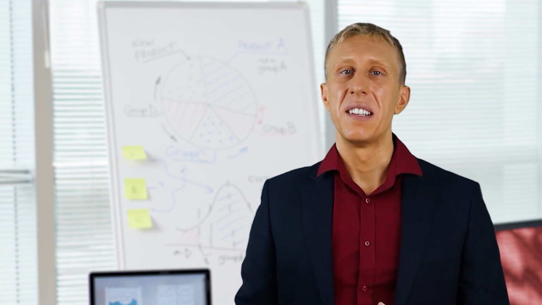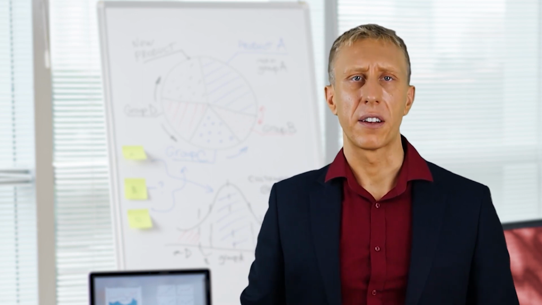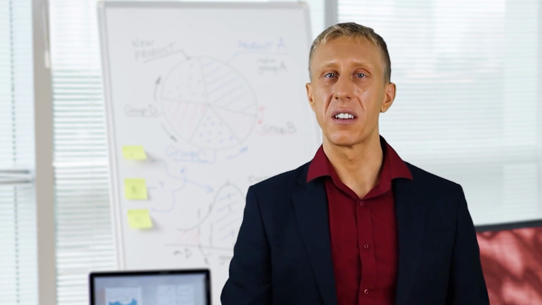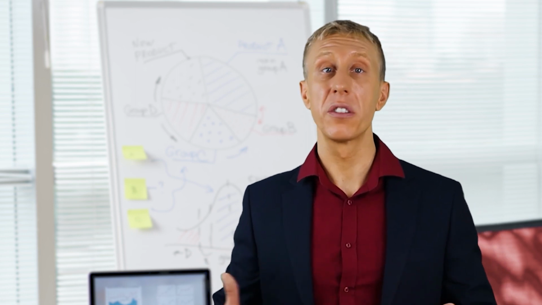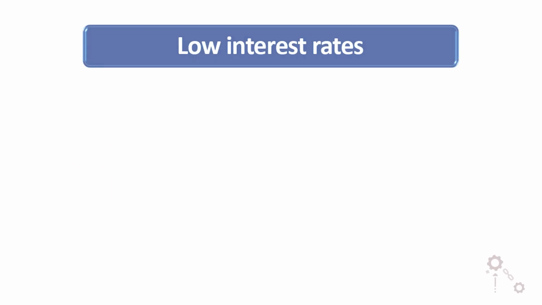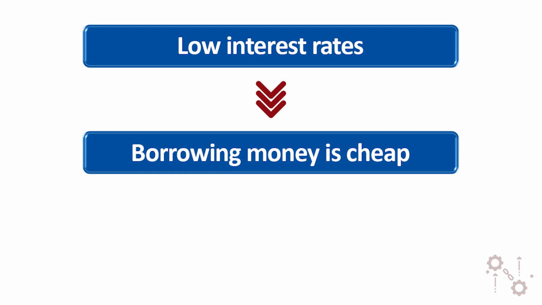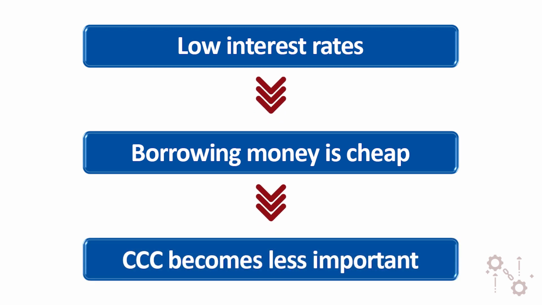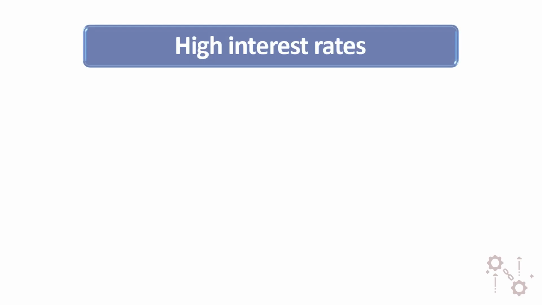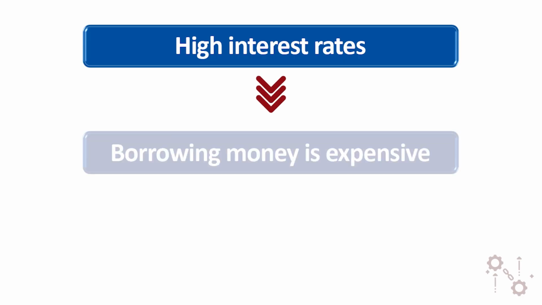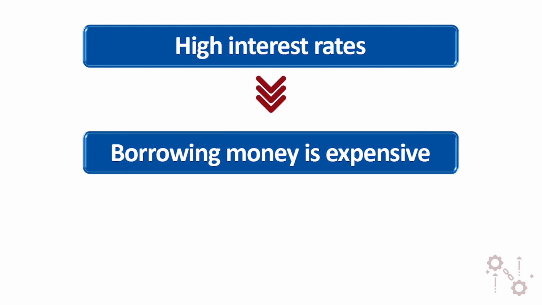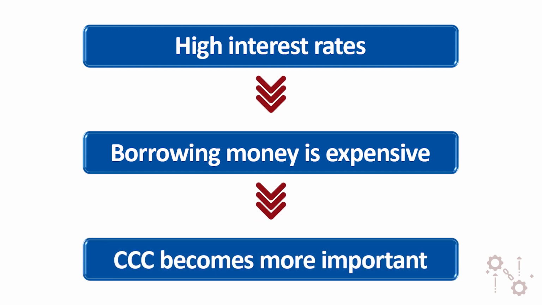The industry a business is in is far from the only benchmark factor. Typical cash conversion cycles might vary depending on your nation's economy. During periods of low interest rates, debt is comparatively cheap, and so the cash conversion cycle will not be as important, and companies are happier to allow it to increase. As a nation's interest rate increases, it becomes more expensive for a company to borrow money to bridge the gap between spending and receiving cash, and so the motivation to understand and reduce the cash conversion cycle increases too.